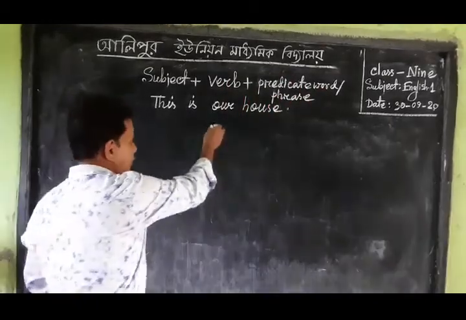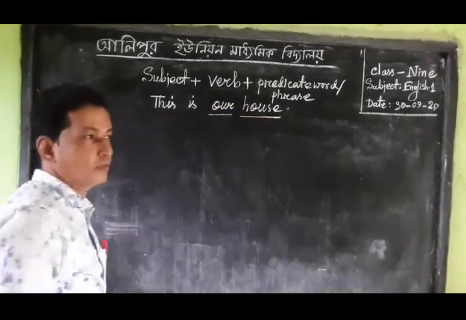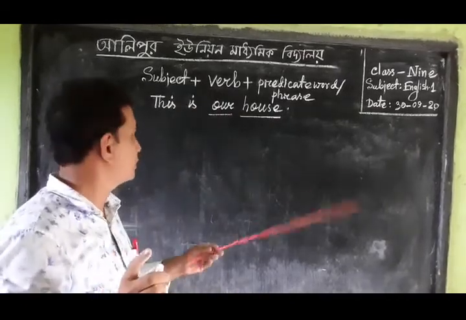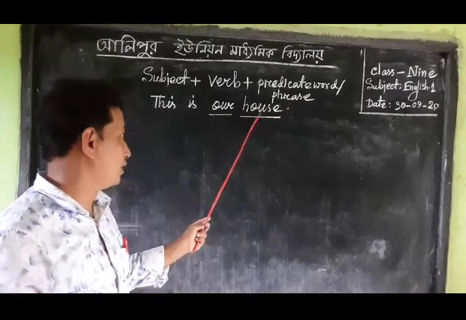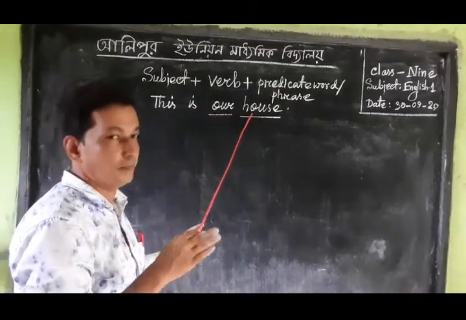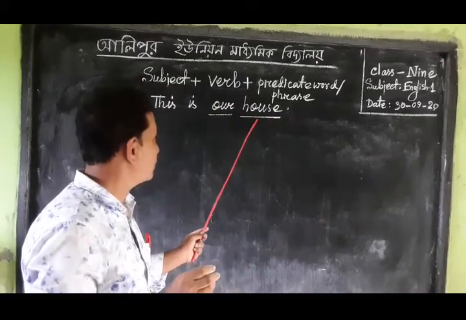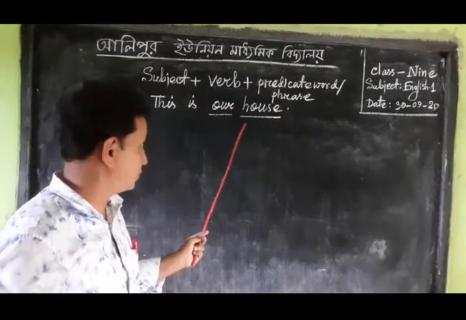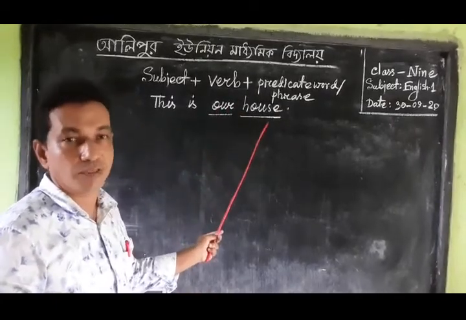there are two words here, our and house, and these two words indicate only one word, because our is a word and house is a word, and these two words make only one word and one part of the sentence. These two words act here as only one part of the sentence. Our house, this is a phrase, because this is a noun phrase.